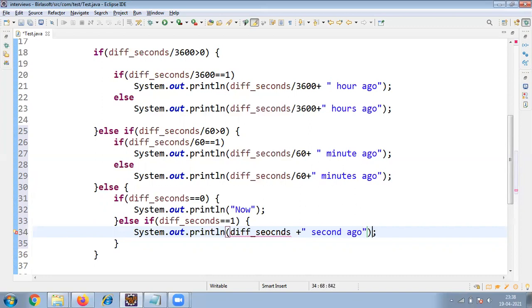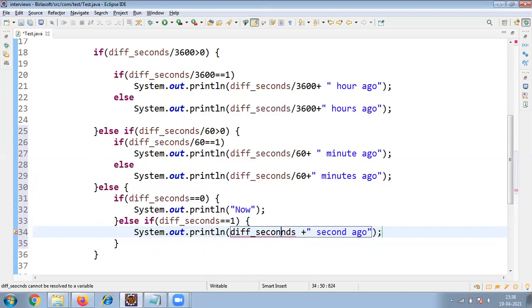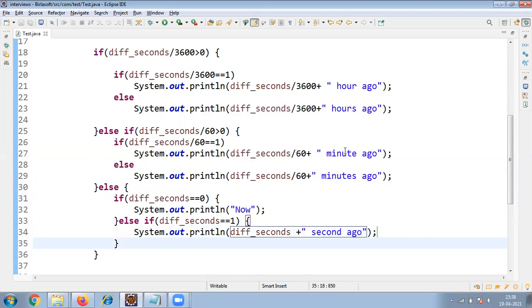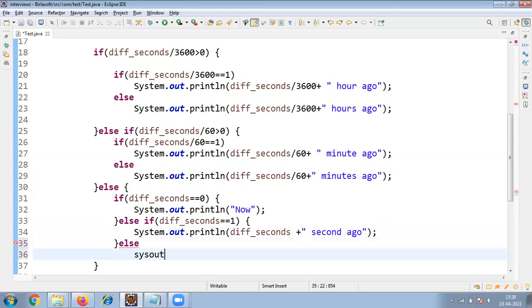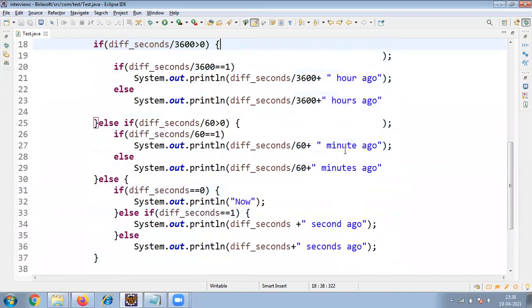Now, what error are you getting? Oh, spelling mistake, friends, SECONDS. Now, if the difference is not equal to 1, say greater than, then else, System.out.println difference_seconds plus seconds. Here we go. I think I covered everything.